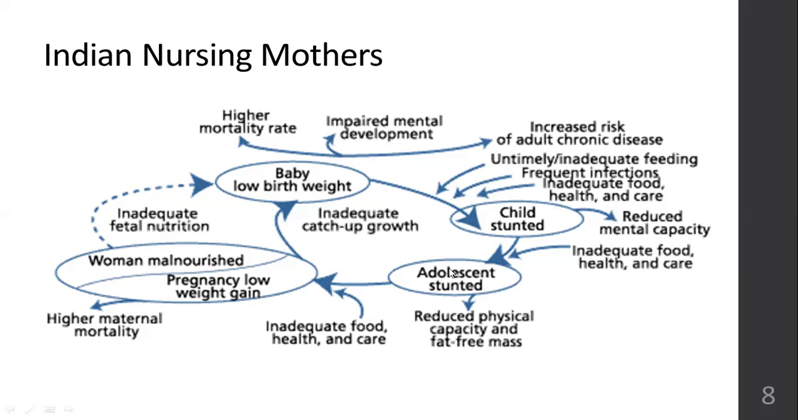And in the majority of the poor Indian communities, women are married very young. Even as young teenagers, they are married off. So this young adolescent who is stunted, who does not have